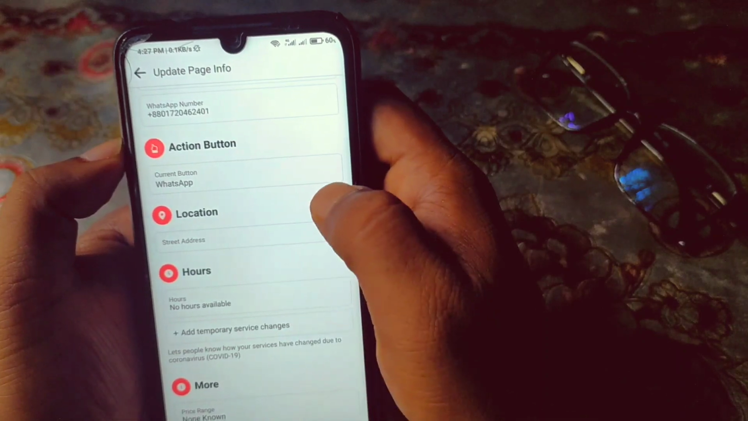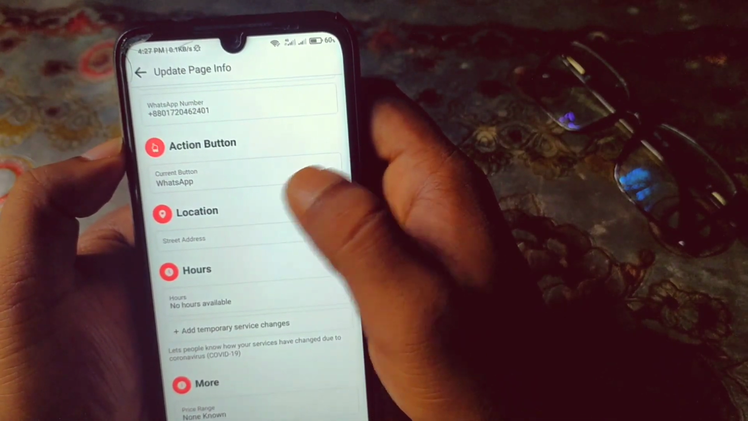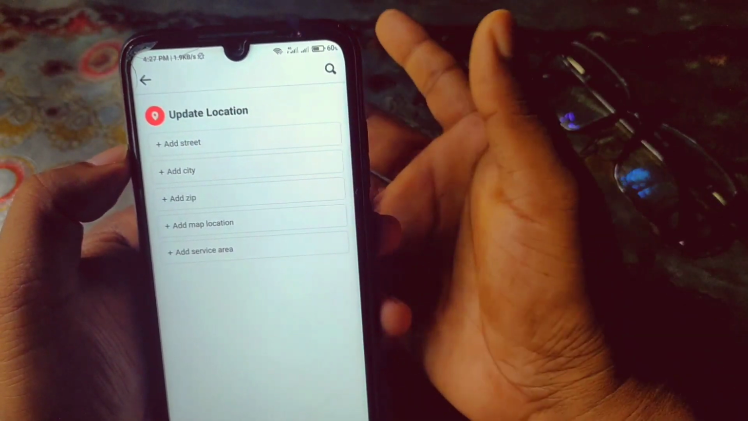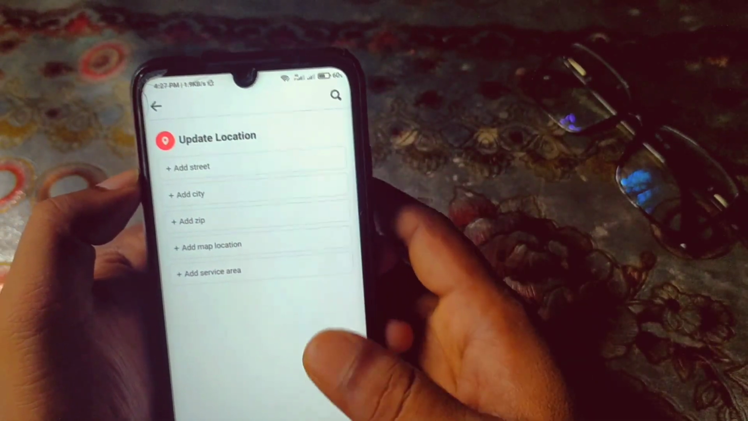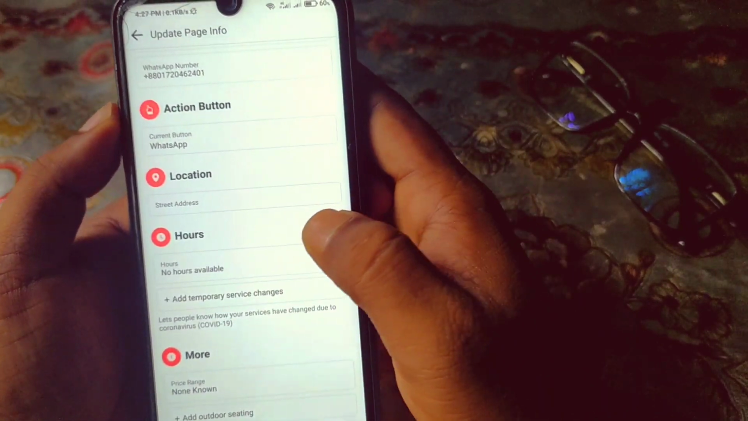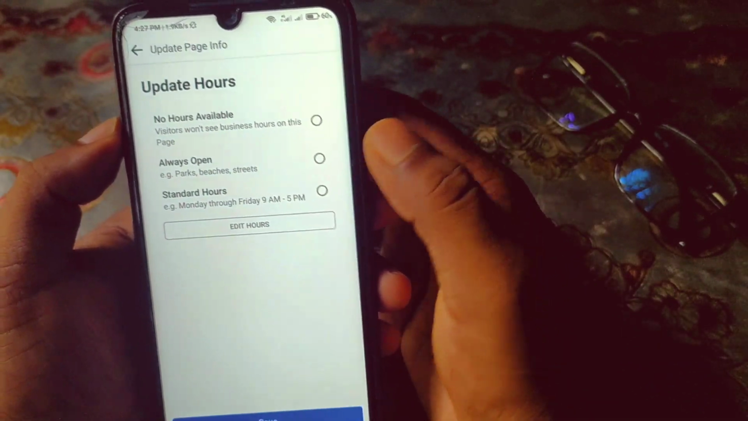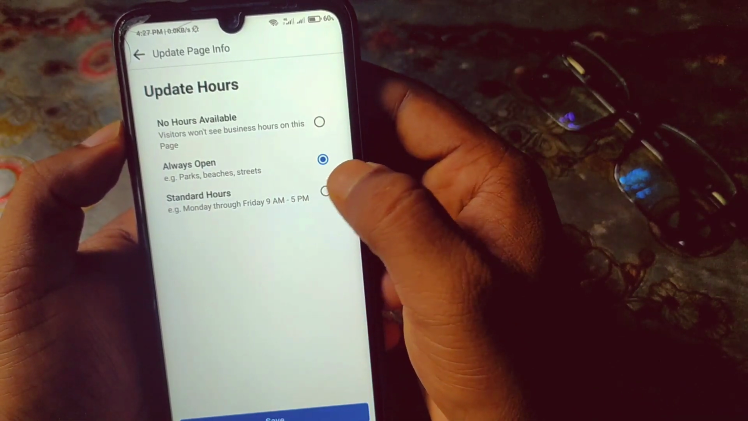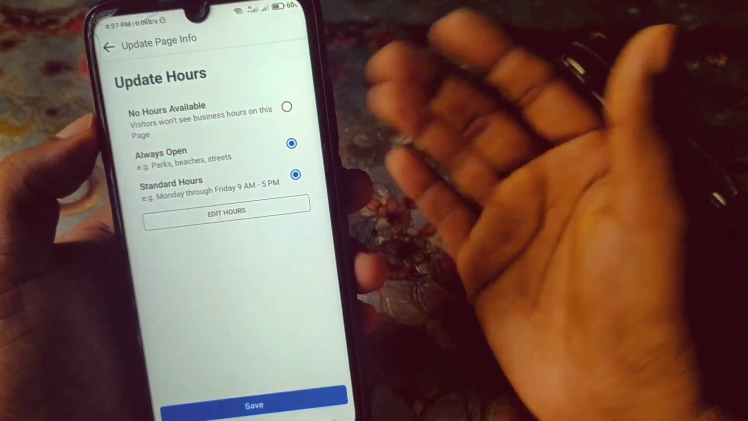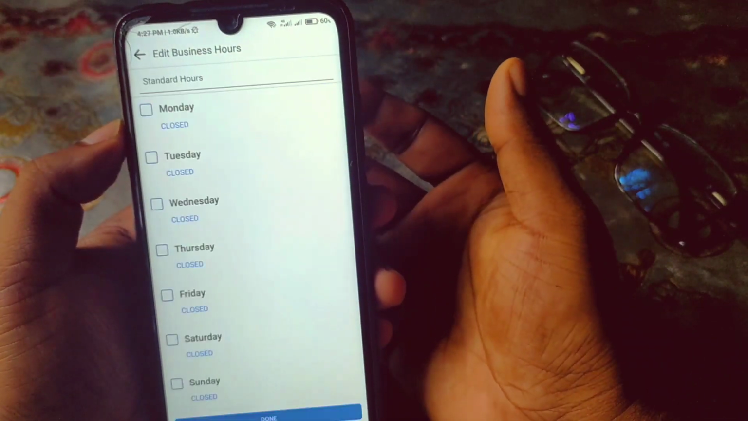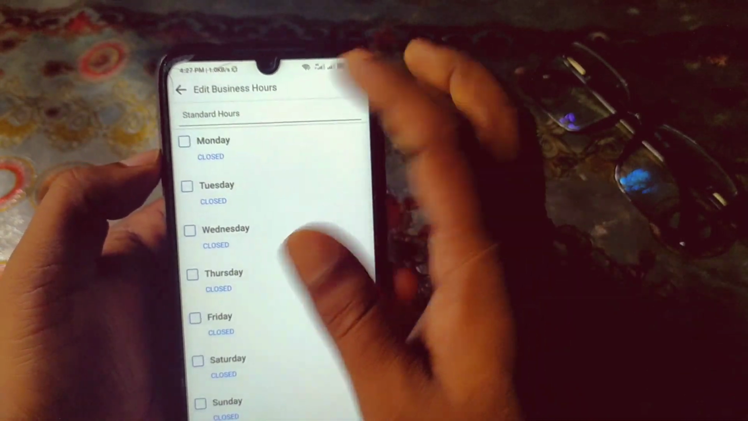And one more thing, location, you can also add it, just tap on it and give your street address, city and map location, everything you can give from there. Okay, and after doing that, there you can see hours, no hours available, just click on it and you can select your page always open or standard hours. I mean from which time to which time your page will be available. You can select edit hours and then you can choose Monday,